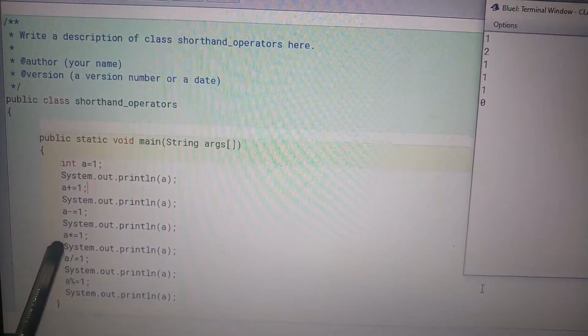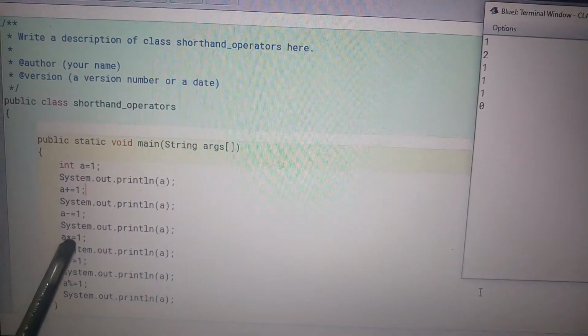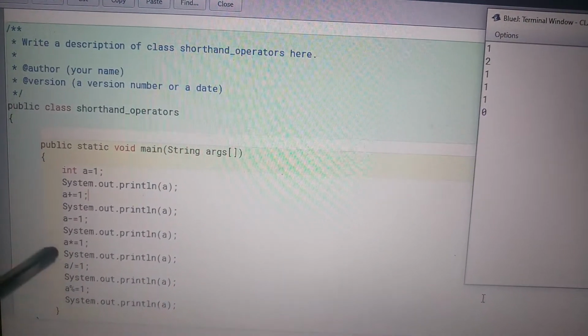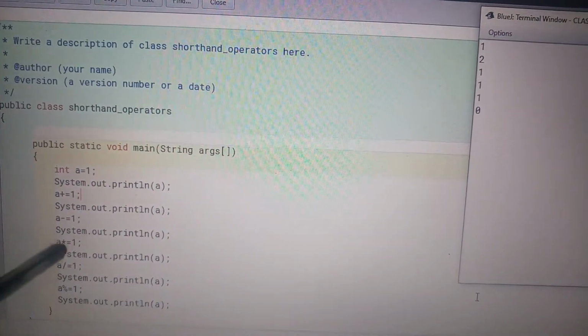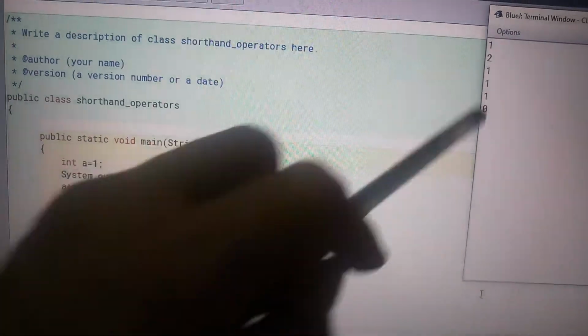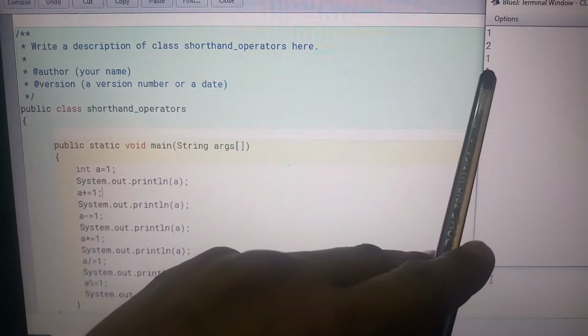Similarly, a times equals 1 means we have to multiply. What is the value of a? 1. 1 times 1 means 1.